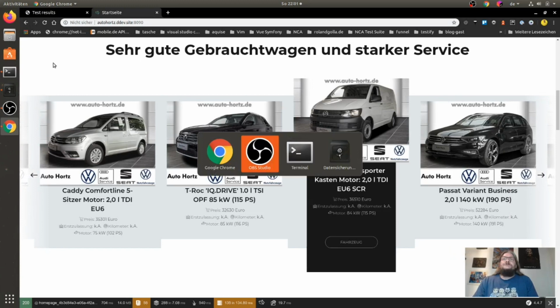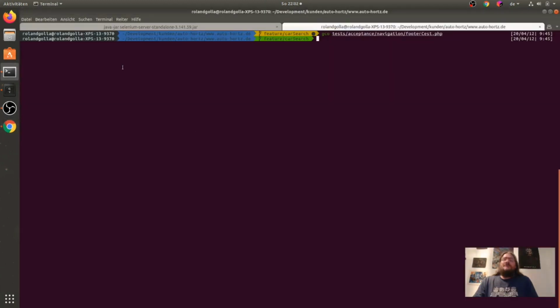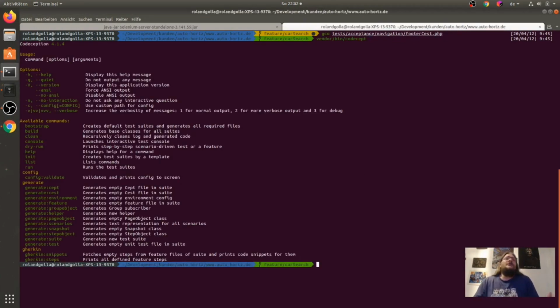Okay, I go to the terminal, and now I say vendor/bin/codecept. When you just press enter, you have the commands from Codeception, and you can say, okay, please generate a test in the acceptance suite, which is called slider.